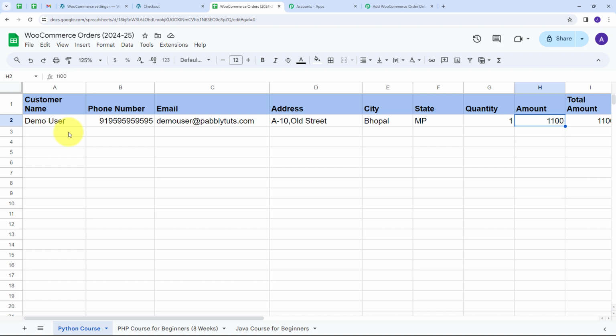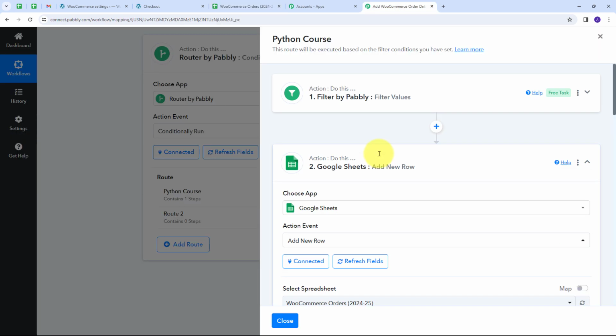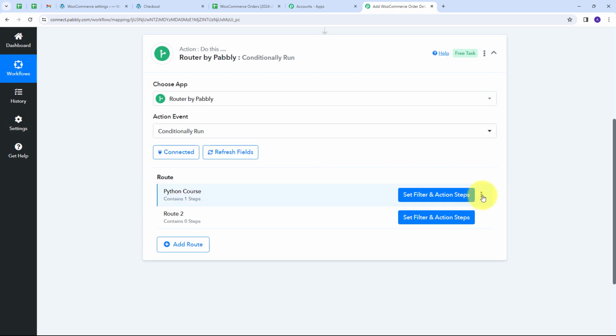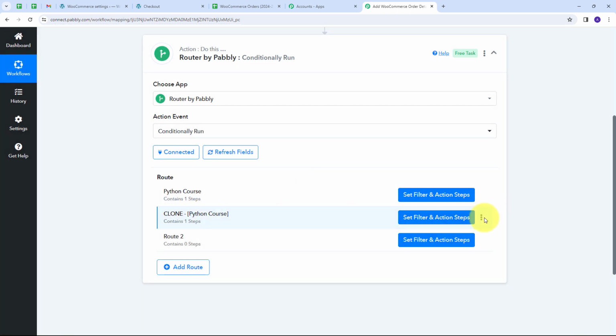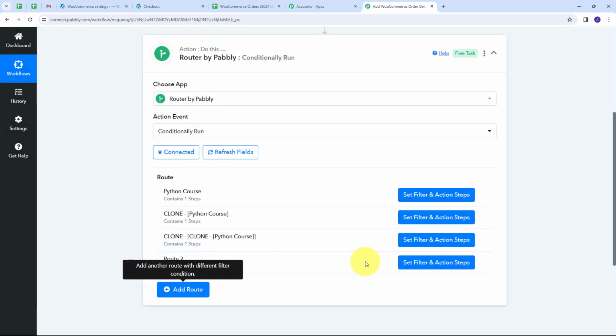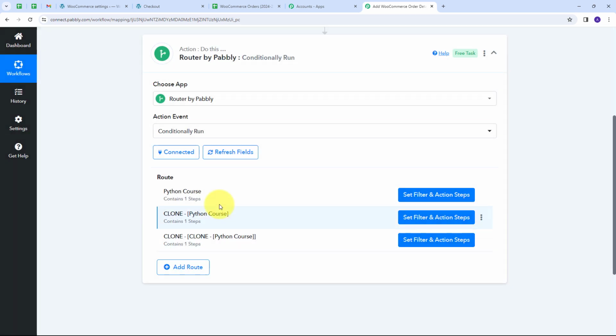Now what I need to do is I need to go back to Pabbly Connect and here I have created this route for a particular sheet of Python course only, which is my first product. Now what I need to do is I need to close this. And I'm going to clone this route. So I'm going to clone this and I'm going to clone it one more time. And now what I'm going to do is I'm going to delete this access route and I'm going to rename